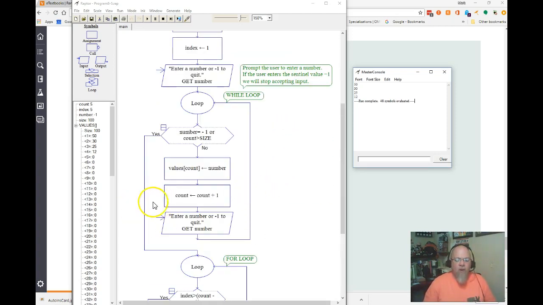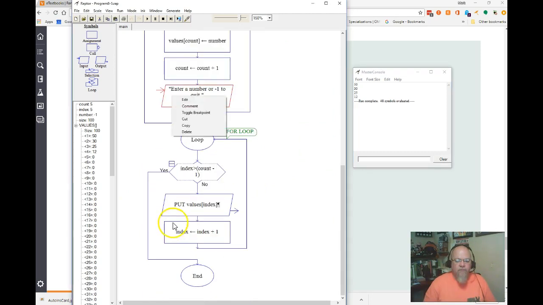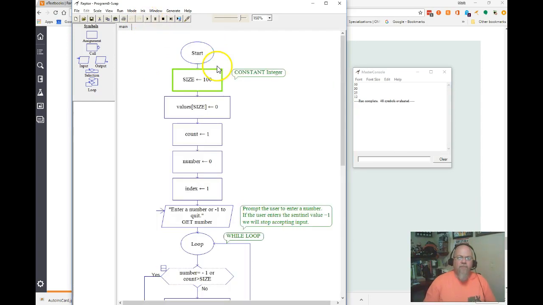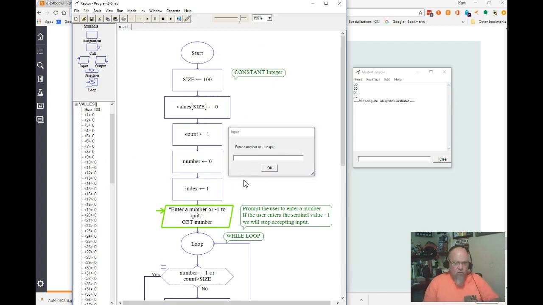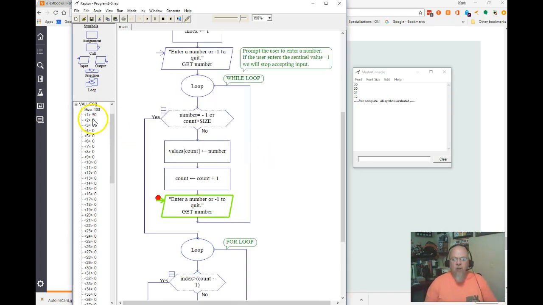So I'm going to put a break right here, and then let's run it again. Okay, so I've got my 100 elements in my array. They're all set to 0. Then it's asking me, I'm not in the loop yet, but it's asking me to enter a number. So I type in a number, and it loads that first element right here with that number. It adds 1 to count. Now it's asking,